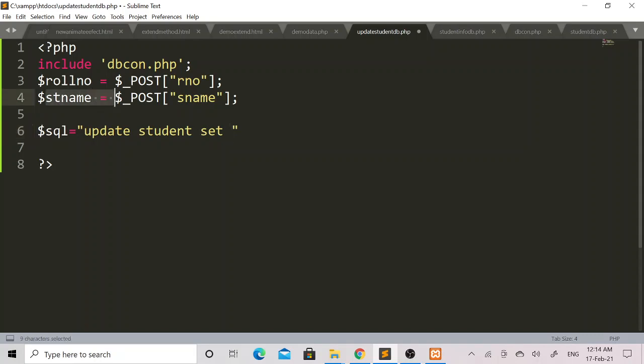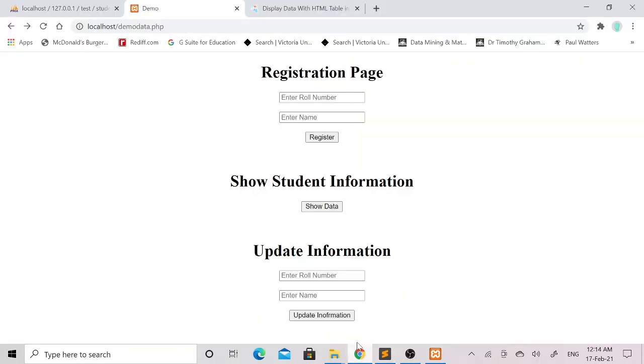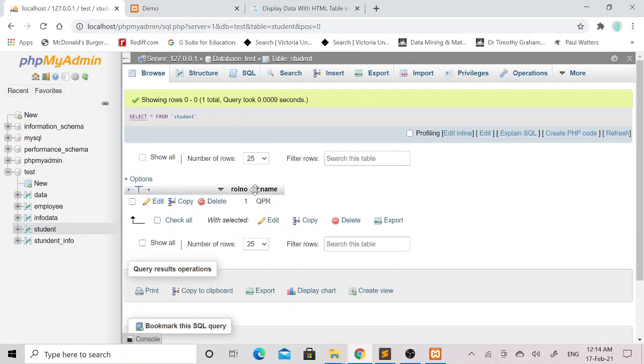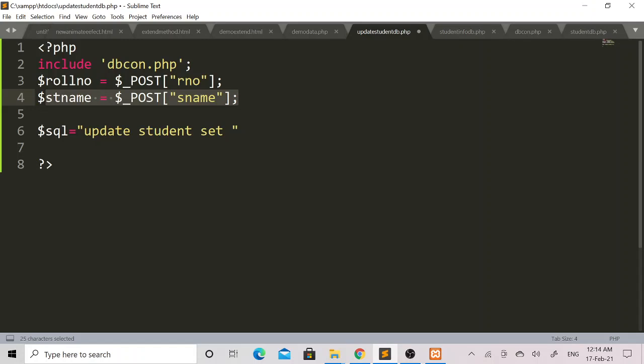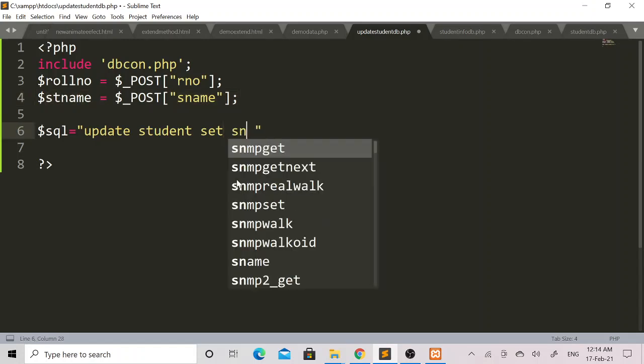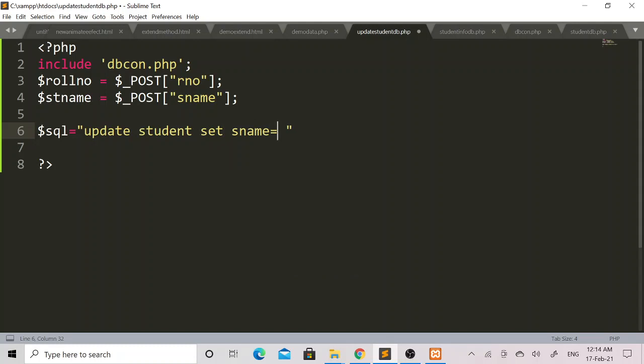If I want to update the student name, which I have stored in the sname column, I will write update student set sname equal to, and as this sname column has the varchar data type, I will set a single quote, and within the single quote I will add the $stname variable, so that the student name will get updated.